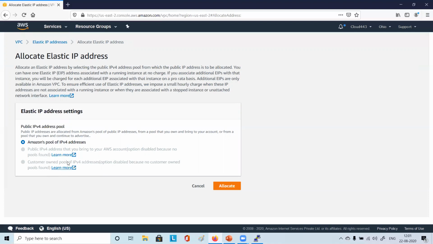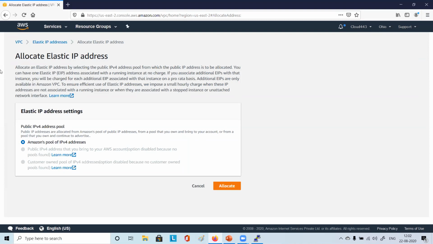We have not created any customer owned pool of IPv4 addresses, option disabled because no customer owned pools found, public IPv4 address that you bring to your AWS account, option disabled because no pools found. So we have not created a pool of IP addresses. That's why it is not showing us.